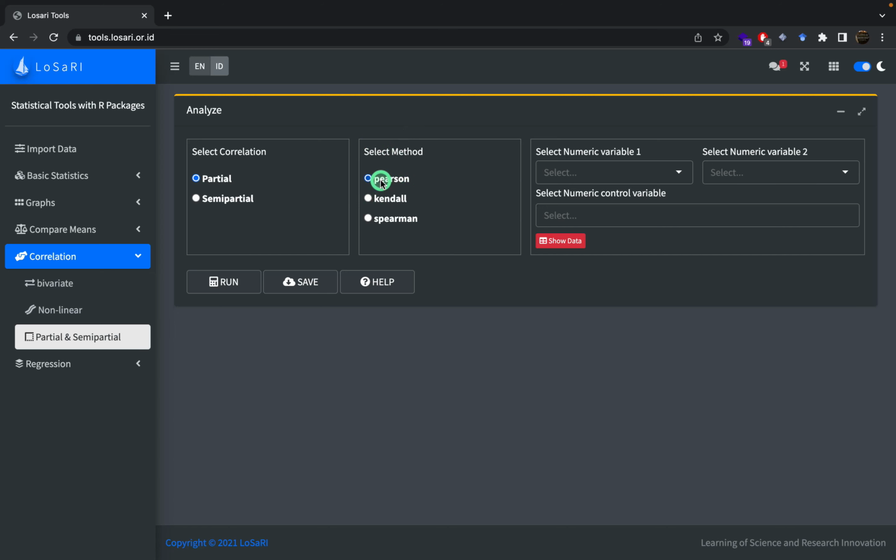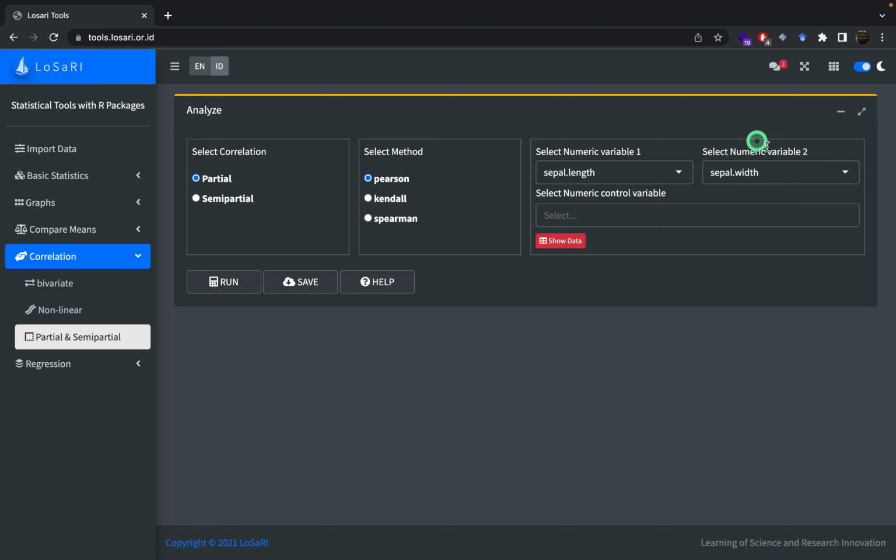Then select a quantitative variable in the select numeric variable 1 section and in the select numeric variable 2 section. For example, the variables used are sepal length in select numeric variable 1 and sepal width in select numeric variable 2.